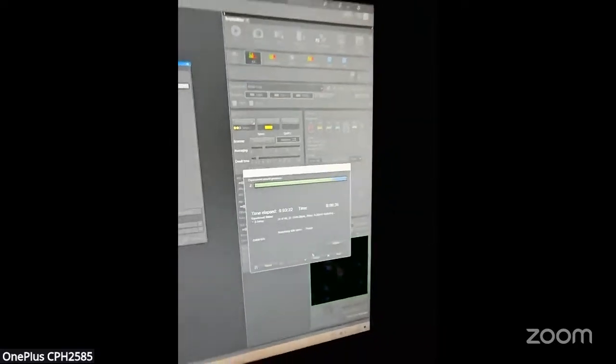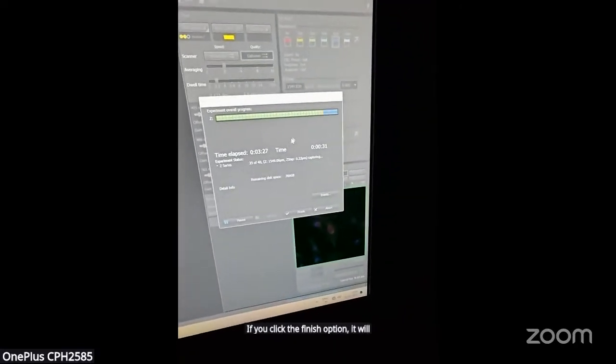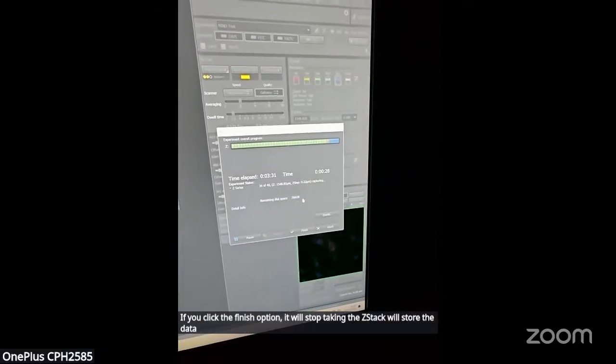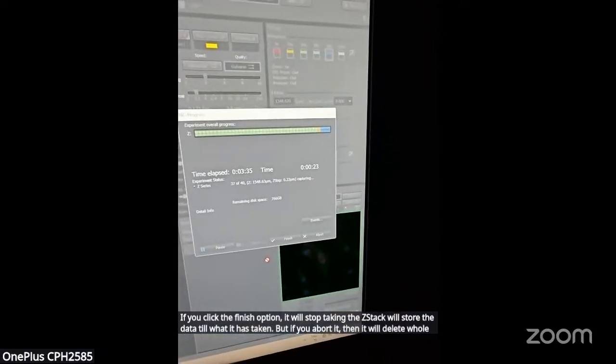If you click the finish option, it will stop taking the Z stack but will store the data up to what it has taken. But if you abort it, then it will delete the whole data that it has captured.